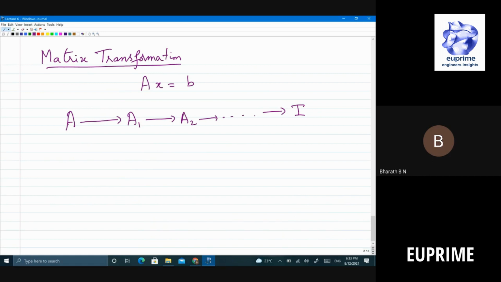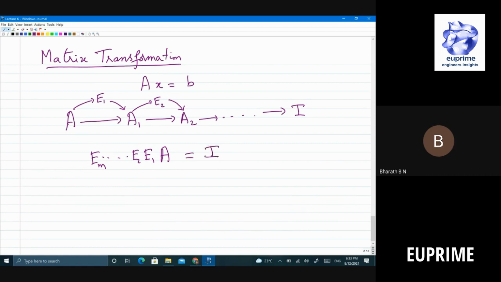So now if I have this, how do you get A1 from A? Let's say I pre-multiply A by E1 to get A1. If I pre-multiply by E2 to get A2 and so on, finally I get I. Okay. So if that is the case, mathematically what does it turn out to be? I take A, multiply by E1, multiply by E2 and so on, up to, let's say, M times, EM. So I'll get identity,